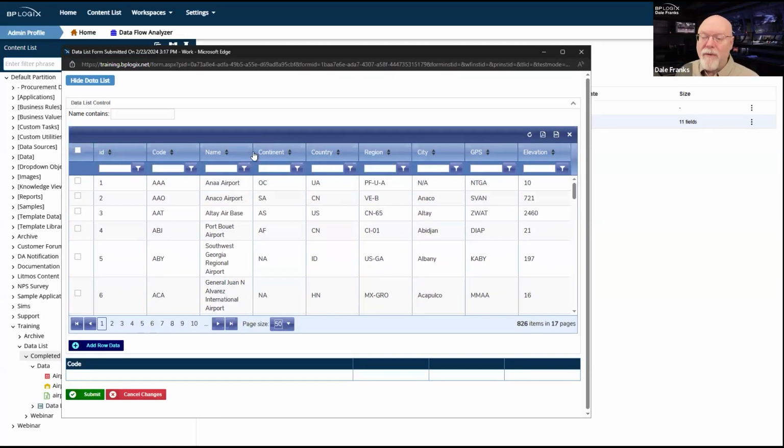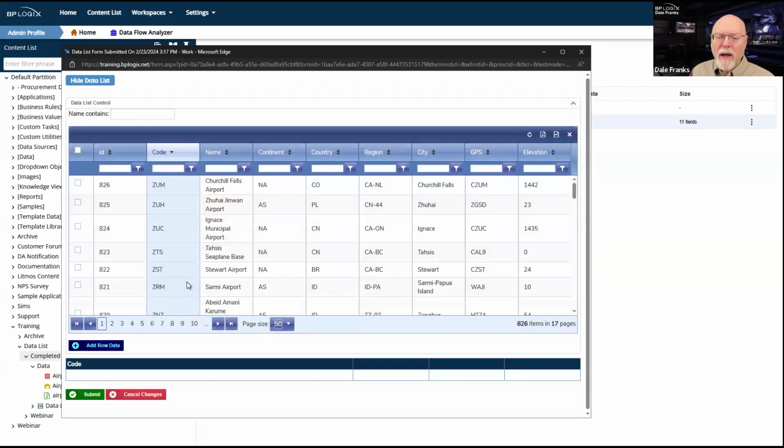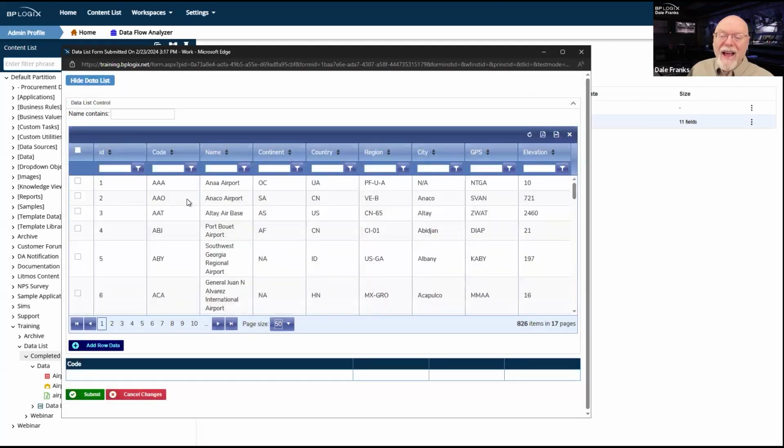I can filter and sort. For example, I think this is all sorted by, is it sorted by code or airport name? I'm not sure, but I can resort it. So that's sorting it A to Z. I can sort it Z to A. All of this sorting kind of happens in a cache of the records that I'm not actually seeing, that aren't being painted on the screen, so they aren't using form resources to show. But it just resorts them and then gives me the 20 relevant records for this page and paints them onto the screen. In addition to sorting, I can also filter.